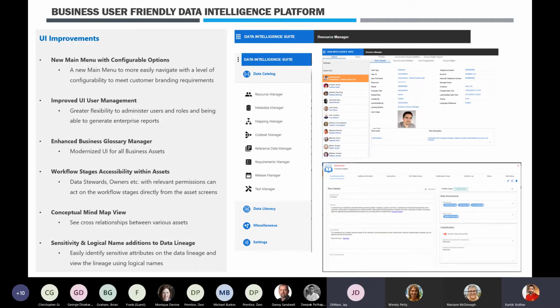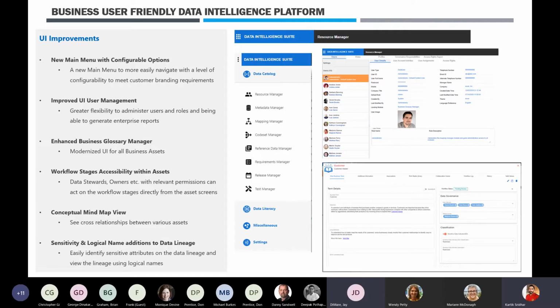So this gives you a really nice and different perspective compared to the other version that you are accustomed to using. Another key improvement on the UI side is that on the data lineage diagram, we have now provided the ability for end users to quickly click a button and see what attributes are sensitive. So across your data lineage journey, you can now easily identify which items have been classified as sensitive, and what level of classification has been applied to those particular assets.